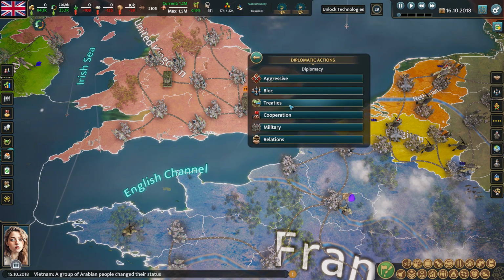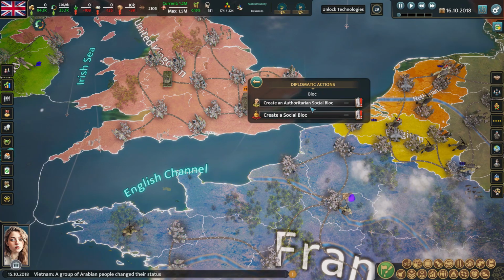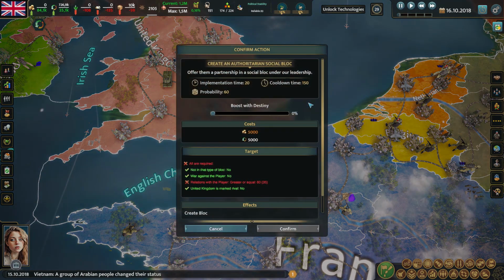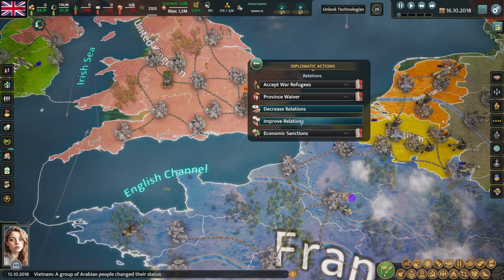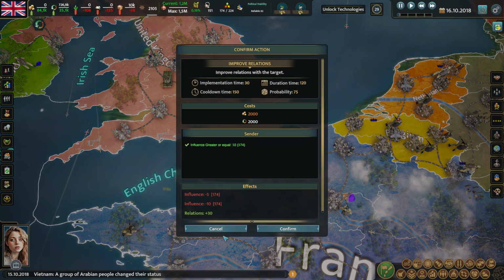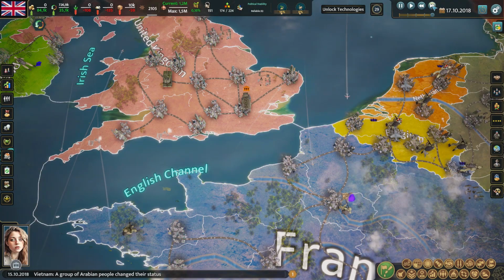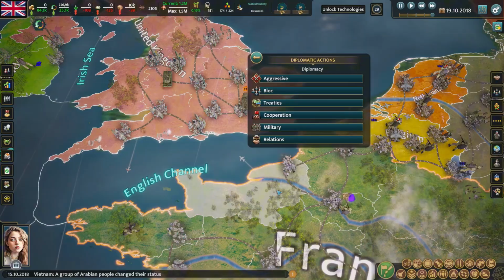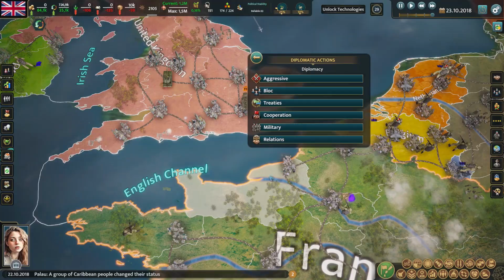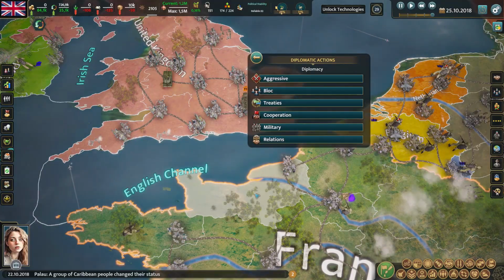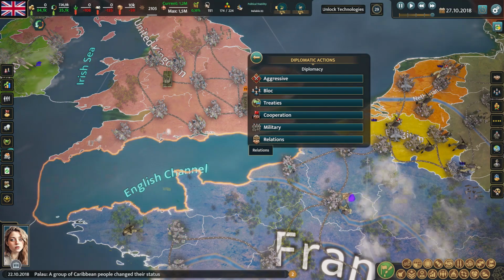You can always create your own blocs if you have the votes, if you have someone who would like to share it with you. So through standard diplomatic actions, you improve the relations with the country and you roll the dice on whether this will be your destiny. Diplomatic actions are another part of politics. Through this